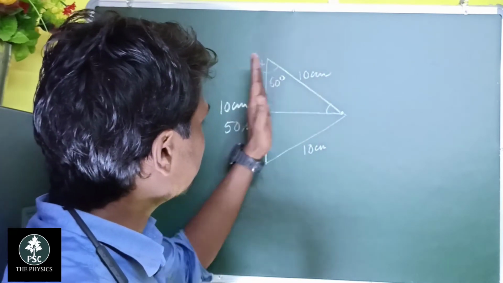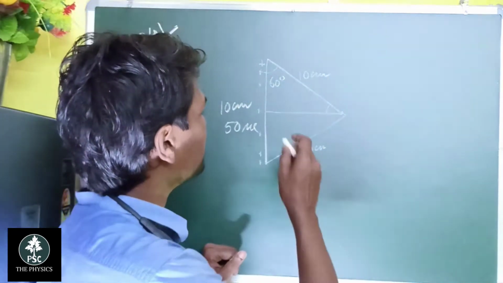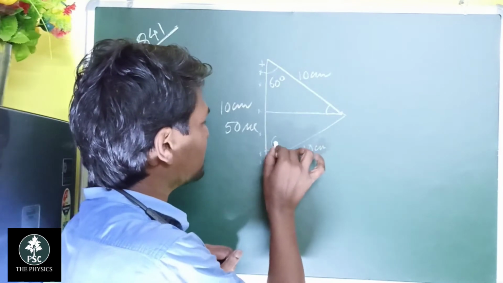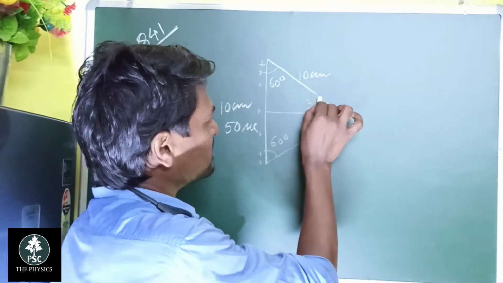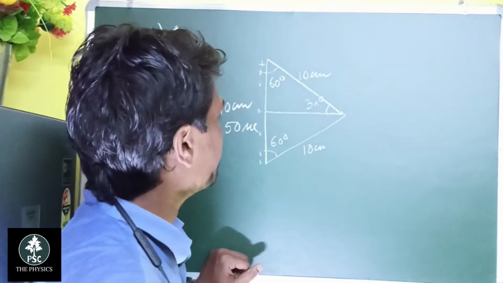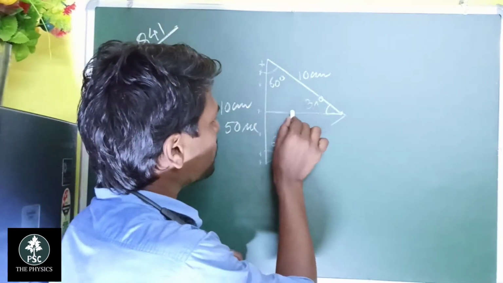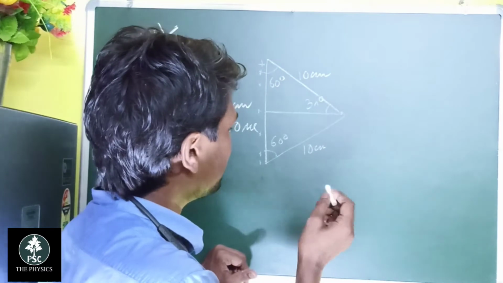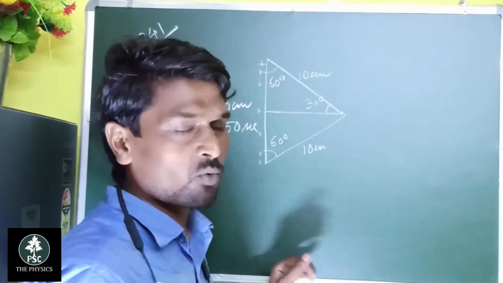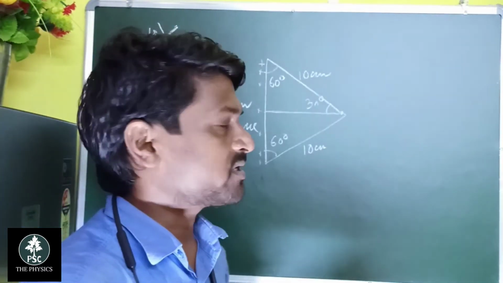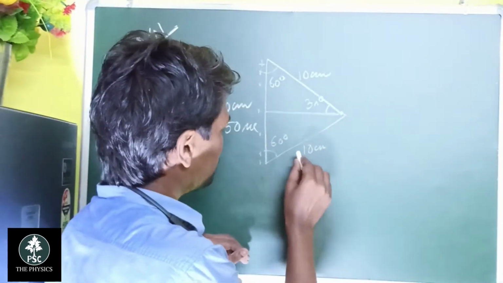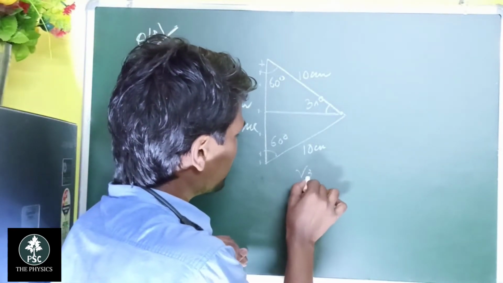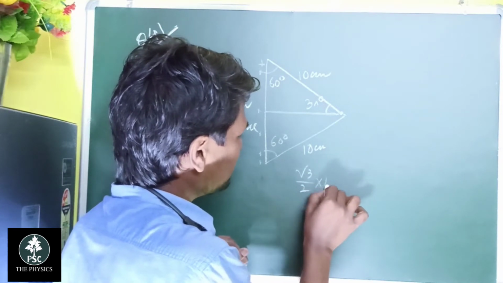That's why this is 60 degree, this is 60 degree, and this is also 60 degree. So there is 60 by half, that is 30 degree. You can easily calculate the height with the formula root 3 by 2 into the side of the equilateral triangle, that is root 3 by 2 into 10 centimeter,